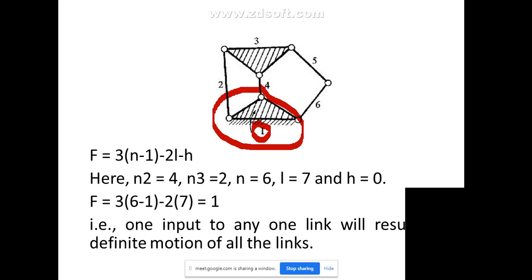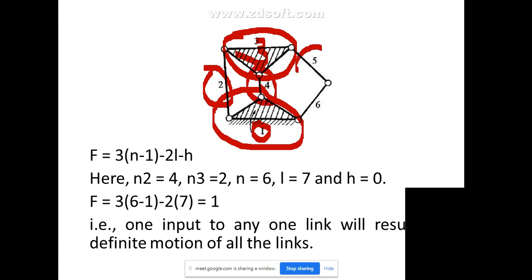Okay, next. We move on numbering randomly for other links. No need to specifically give any particular order, you can give any number. Automatically the final number is important. So this is link number 2. Then this entire triangle is taken as link number 3. And here one more connection, we have taken it as 4. And this is link 5 and this is link 6. So totally there are 6 links